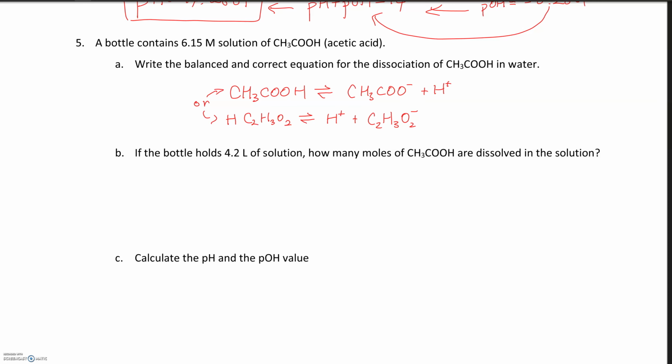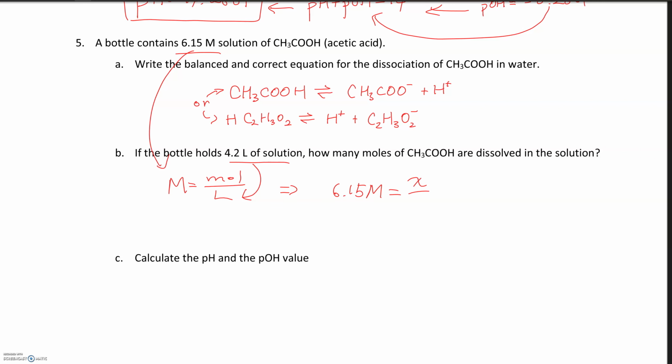All right. Now, let's look at the next one. If the bottle holds 4.2 liters of solution, how many moles of acetic acid are dissolved in the solution? Well, this is a simple matter, because we are going along with the equation of molarity equals moles over liter. And since we know the concentration, which is 6.15, and we know our volume 4.2, we just need to plug it into the equation, which means 6.15 molar equals x moles